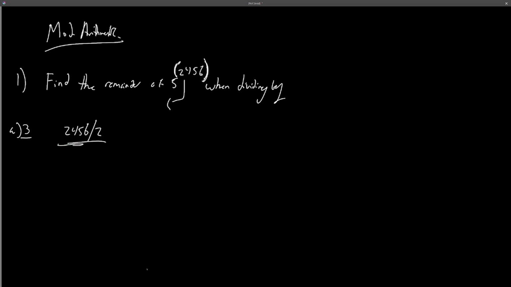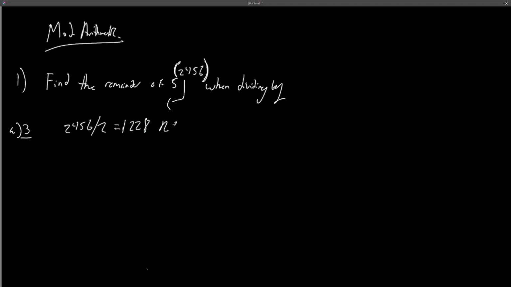So how do you turn this number into binary? Well, if you have a calculator that lets you do it, just plug it into your calculator. If you are like my university and they don't allow calculators that do that, then you'll just have to do it manually by hand. So how do you do it manually? Well, just do it. Plug in your exponent number divided by 2. So we got 2456 divided by 2 is